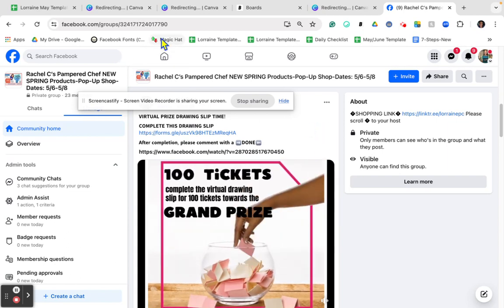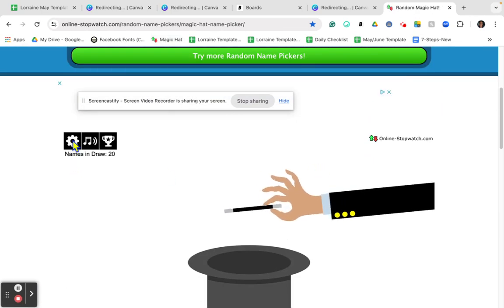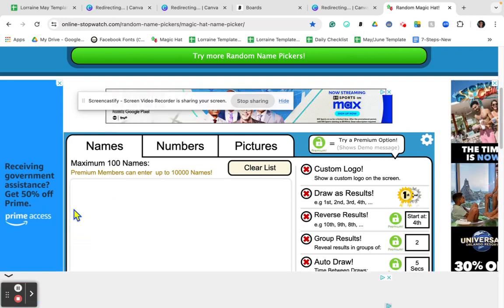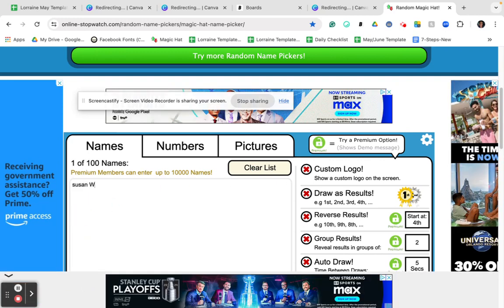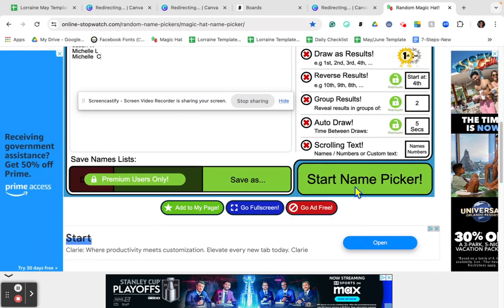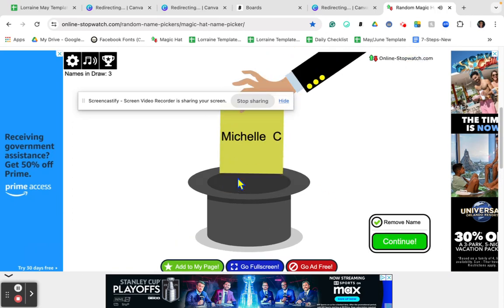What I do is I use the magic hat, which is here. And I just decide who is going to be the winner by clicking here. And I can just put in all the names that I want. So I'm going to add, let's say, Susan W, Michelle L, Michelle C. Okay. Then I will type in start the name picker, and then I click here, and Michelle C is our